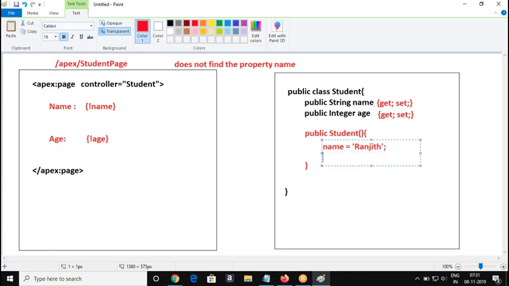Am I right? So anything we are going to display when the page is loaded, we handle that logic inside the constructor block itself. Why? What is the reason? Because when the page is loaded, the first block that's going to be executed is the constructor block. People able to follow this?